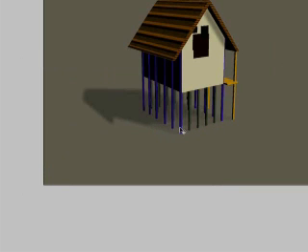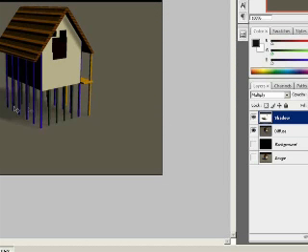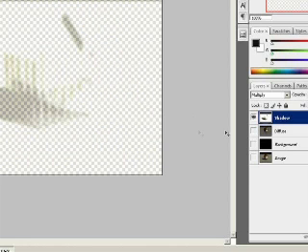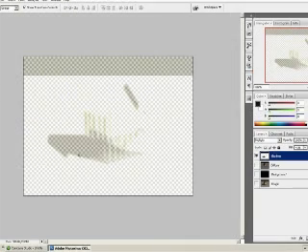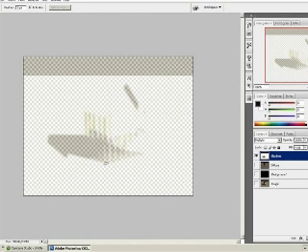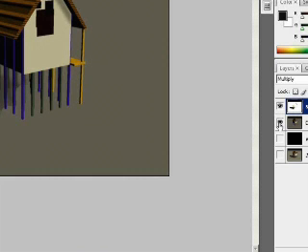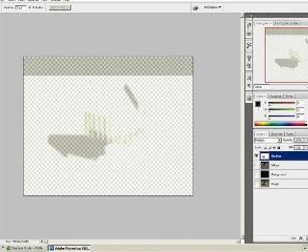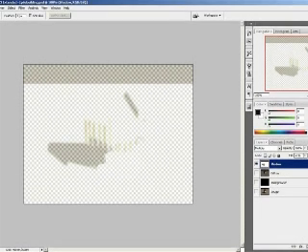Let's remove this part in here. If you don't want that part anymore, just go back to the shadow layer and actually get rid of part of this. Type Control X, that removes that, and you don't have that. You may have to do some cleanup. One way you can do a cleanup is go to